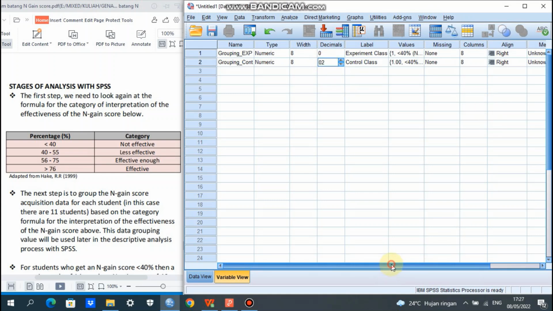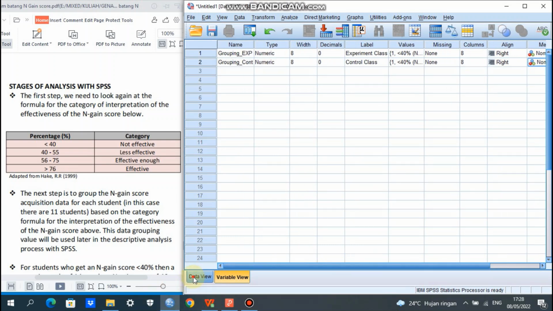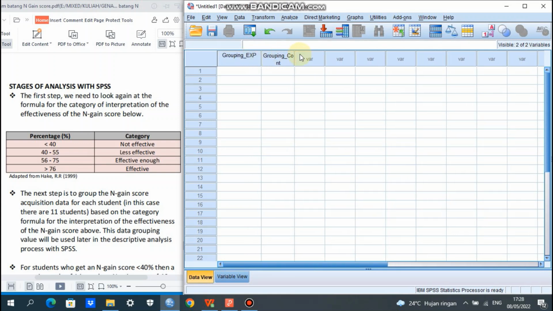And then for the measurement, yeah, for the measurement here, we click nominal, both of them nominal, and then we go to data view, grouping experiment and grouping control.